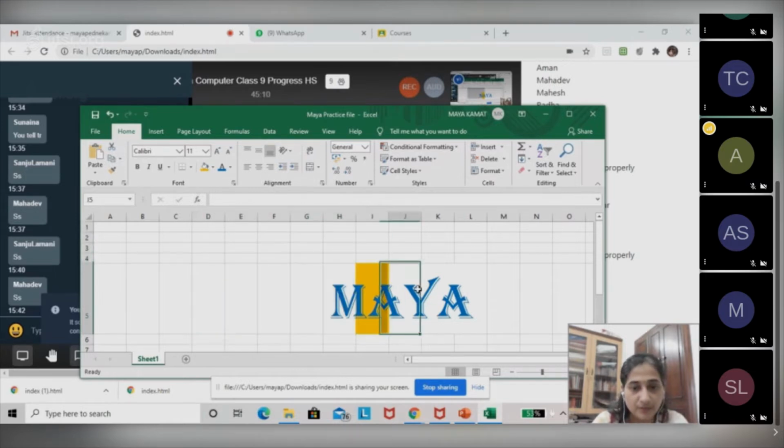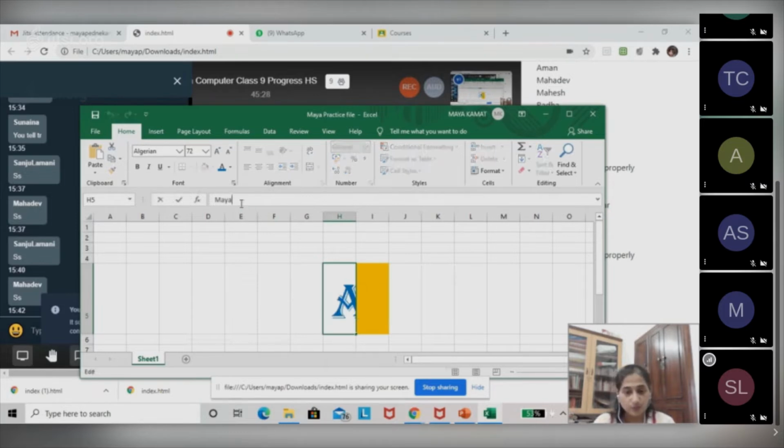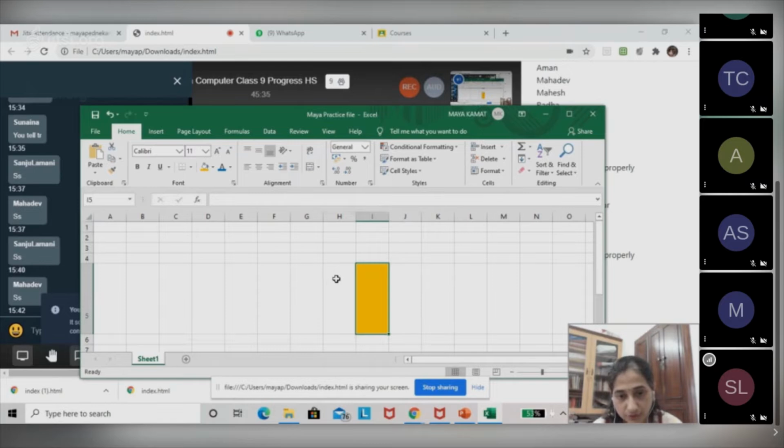Okay. Now, if you have noticed, I have typed the text in cell H5, correct? So only this cell will hold your entire data. If I delete it, what will happen? It will go entirely. But the color remains, because the color was not placed in H5, but in I5. Are you understanding this part?